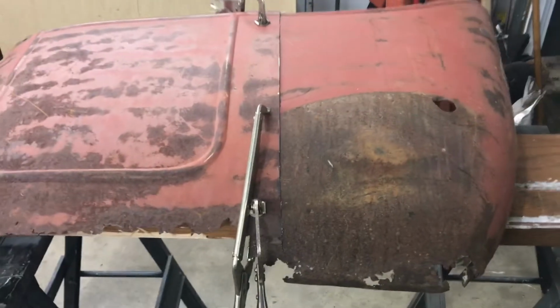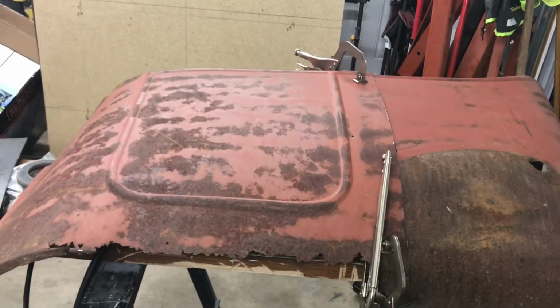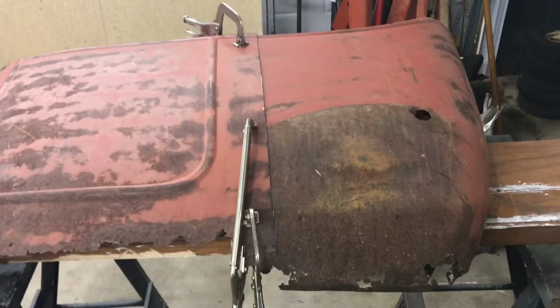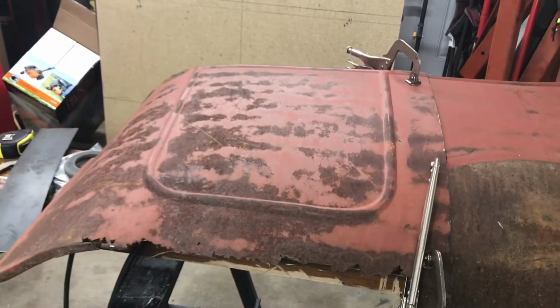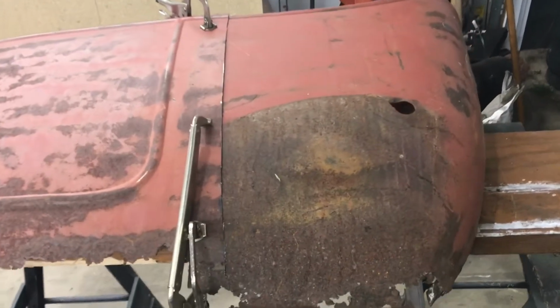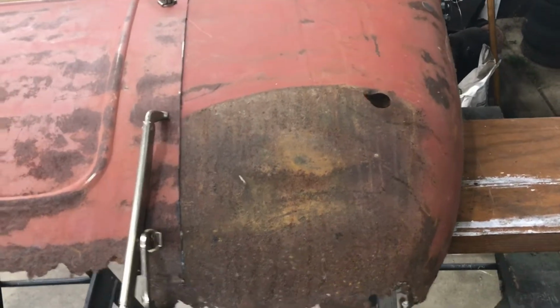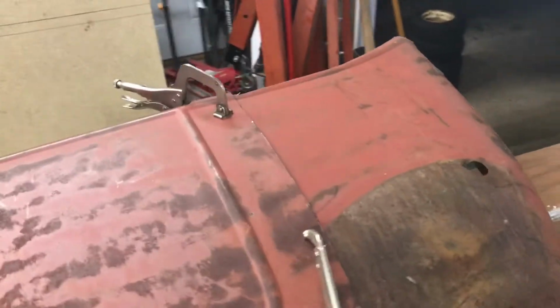And then after I clamped it together like it is now, I went ahead and took some more measurements from the front to the rear at the top, middle, and bottom, and I'm exactly where the other one's measuring out at those common points. So for that measurement,